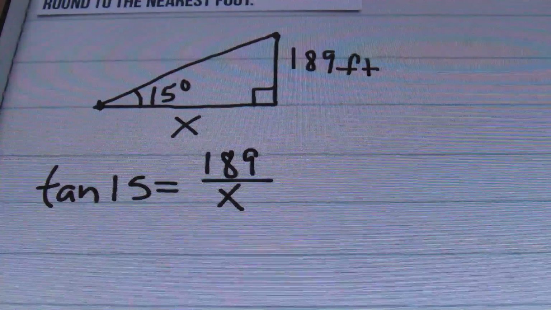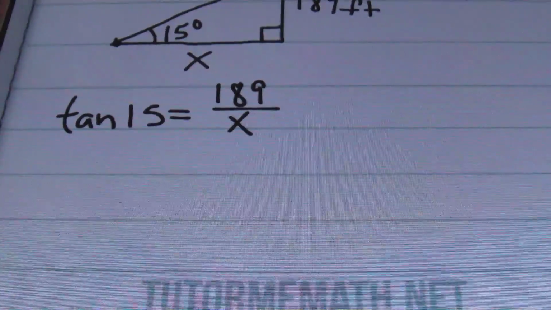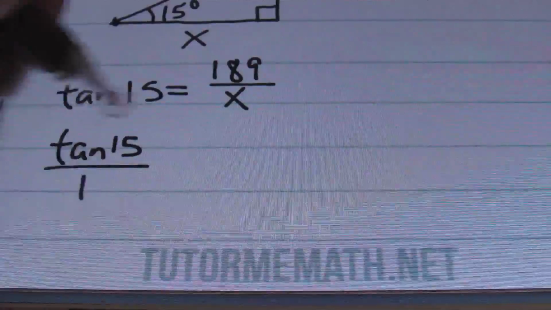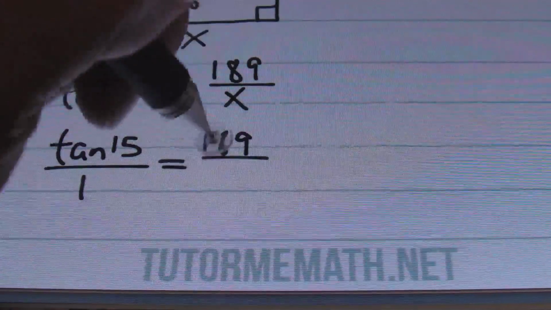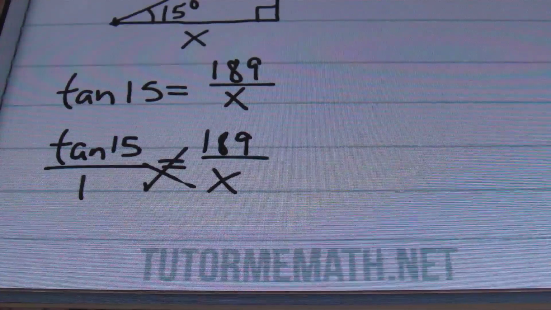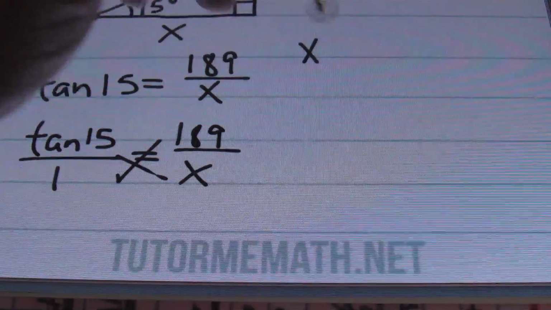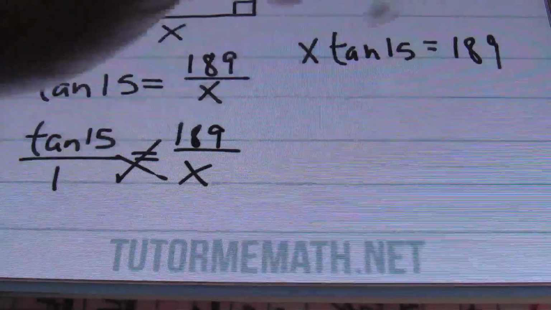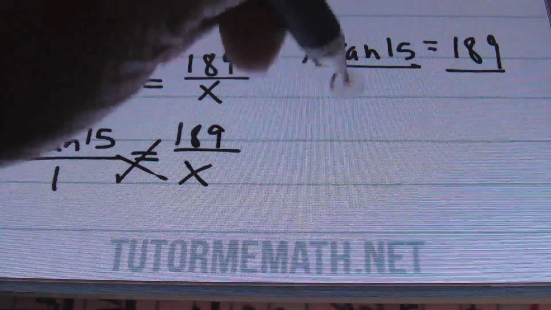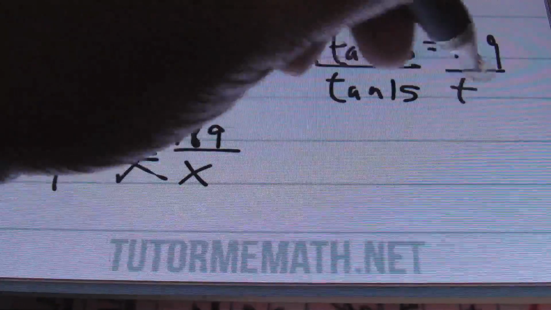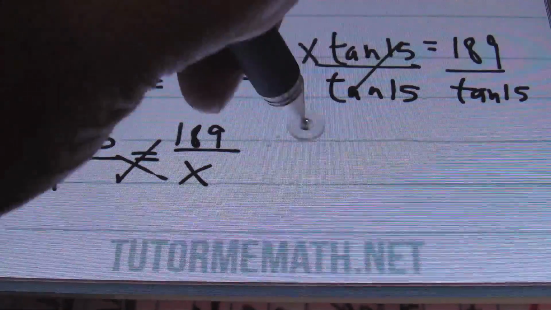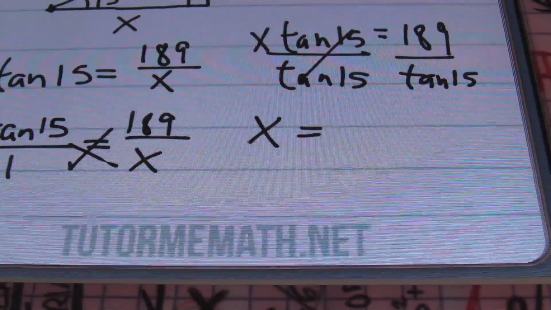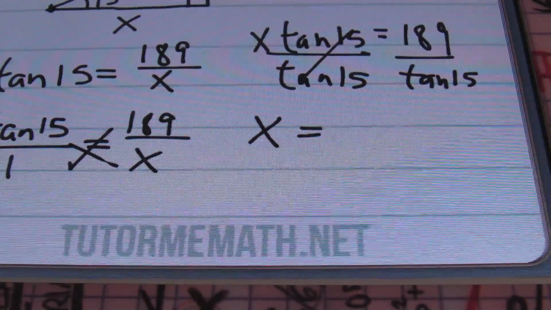All right. Now, in solving for x, we can do the following. You can set it up as a proportion and say that we have tan of 15 over 1, which is equivalent to 189 over x. And then you can cross multiply. And then by doing that, you'll have x tan of 15 equals 189. And then go back and divide both sides by tan of 15 degrees. All right. So here we have the following result. Your result is going to be 189 divided by tan of 15 degrees, which is equivalent to